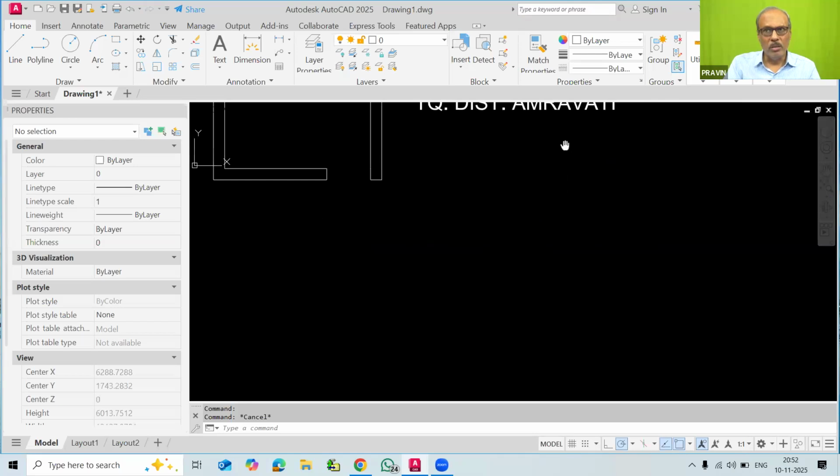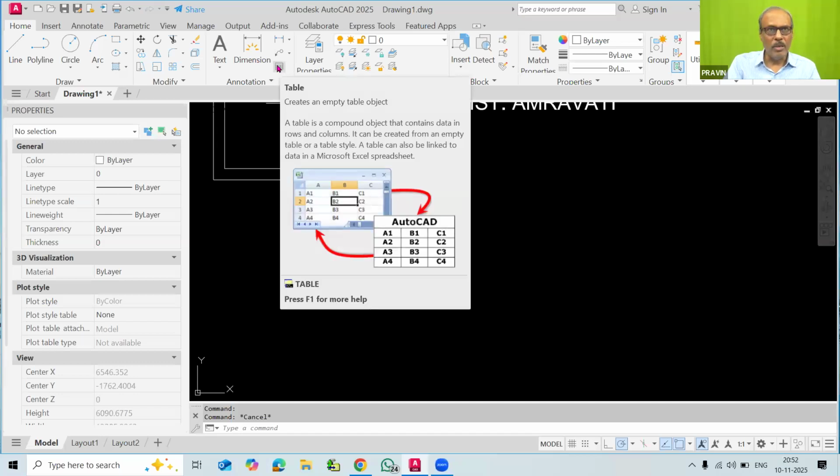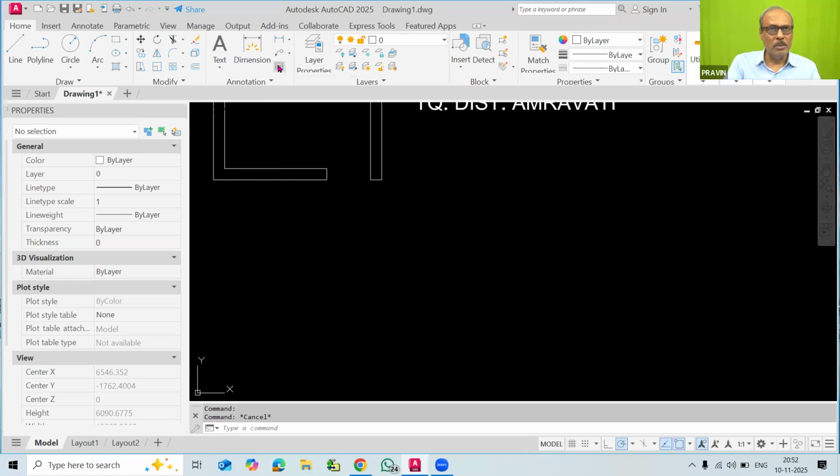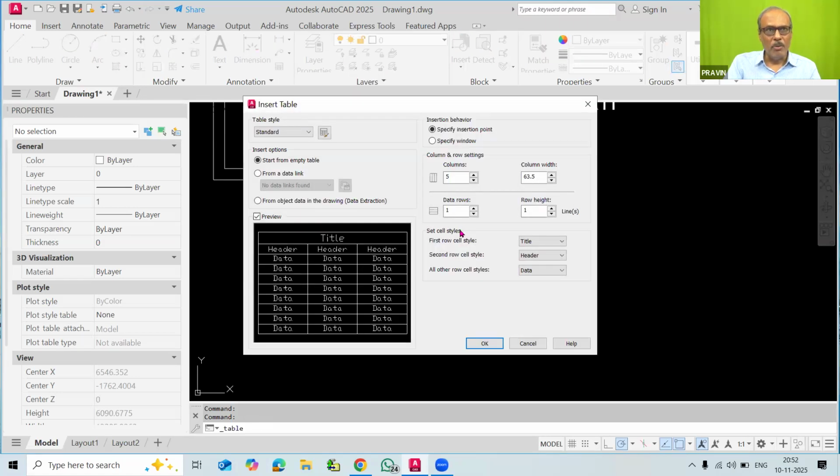Now the another important thing that you have to use here, and that is about the table. So in the AutoCAD, we can also insert the table. So how this table can be inserted? It is a very simple command. So today's topic will be knowing more about the table. So we will create the table object. Now here I will go for the table object. Now I am not knowing anything, so I will directly use this insert table dialog box.